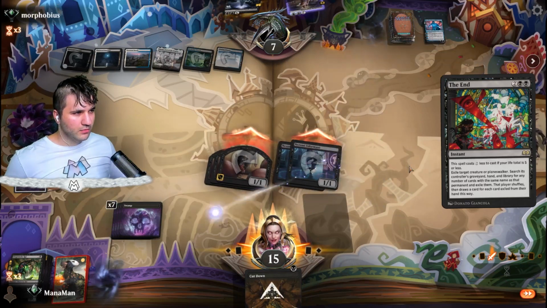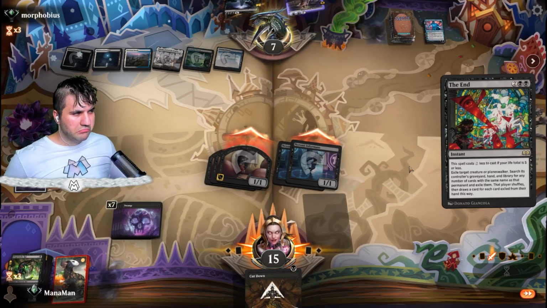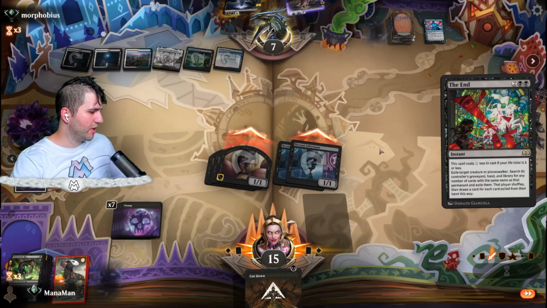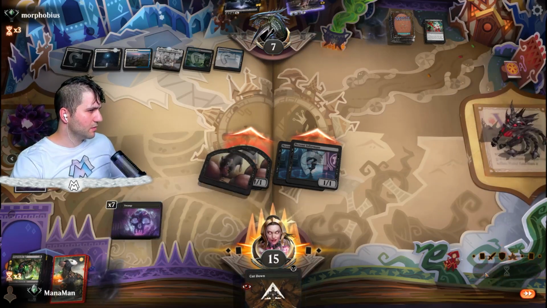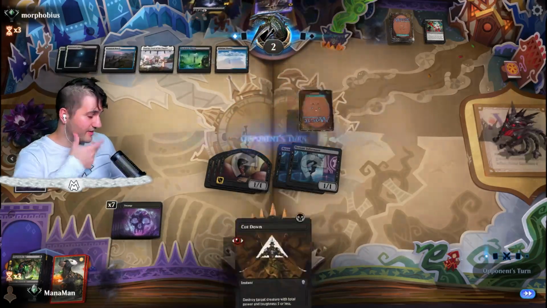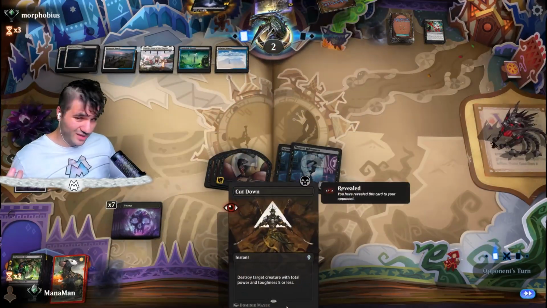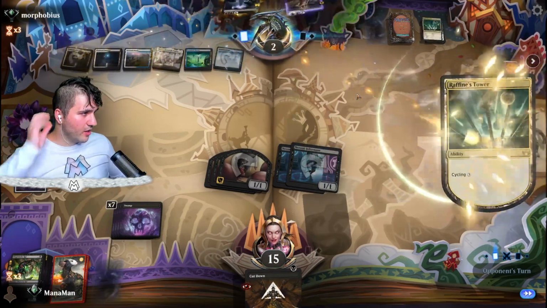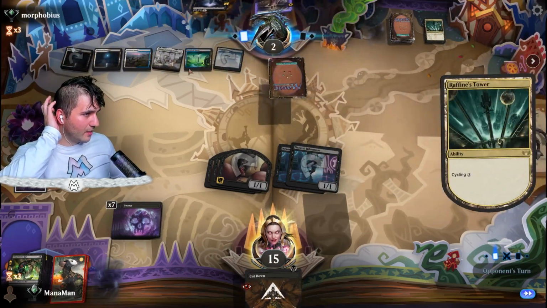Okay. Yeah, I mean, it's not great. It's definitely not great, but it's okay, I guess. Okay. Down to 2, and we've got a cut down. They see the cut down, but we at least have the cut down. They can't use the Tenacious Underdog any longer. Rafine's Tower, okay, I mean...